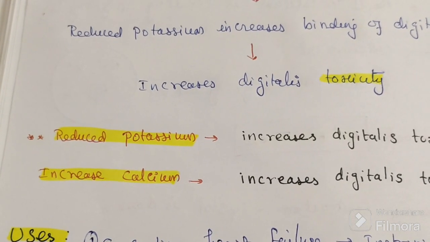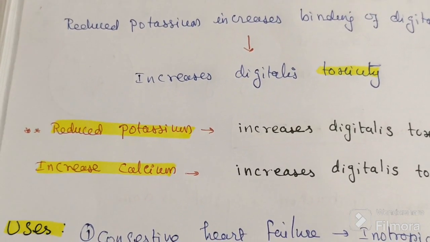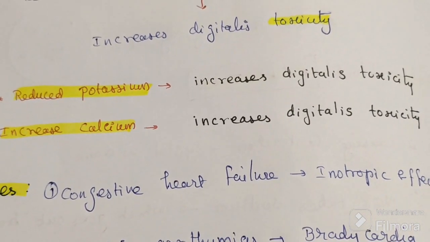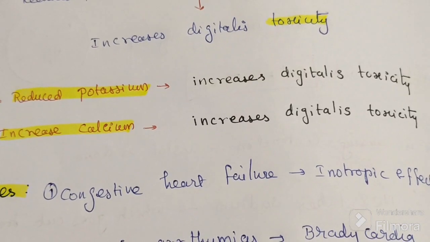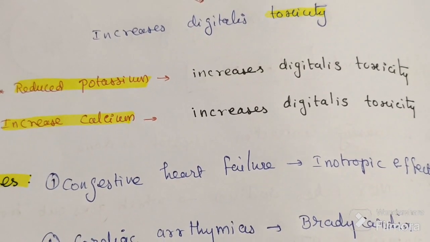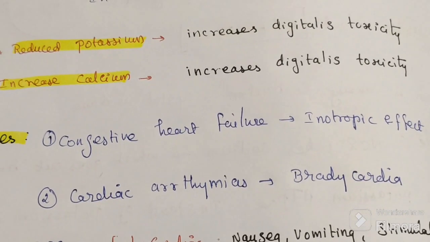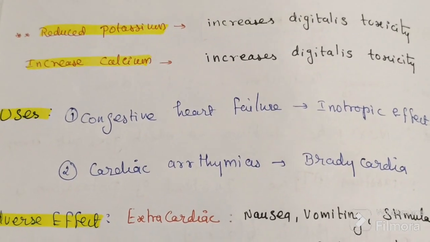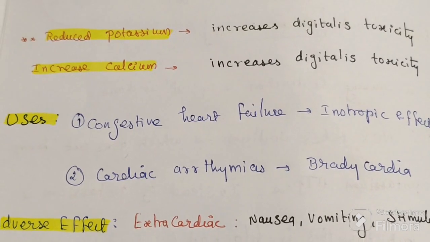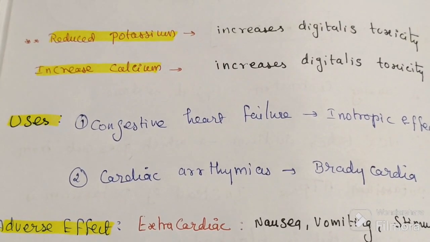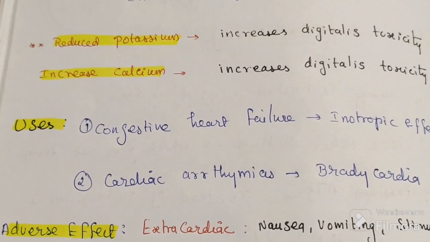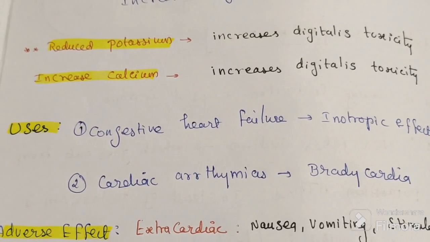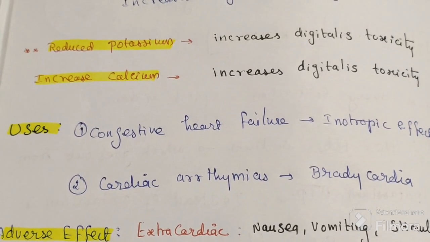So decreased potassium increases the chances of toxicity. Increased calcium also increases the chances of toxicity, because calcium and digitalis both are causing contractility, so it will increase contractility. So decreased potassium and increased calcium both increase the chances of digitalis toxicity,